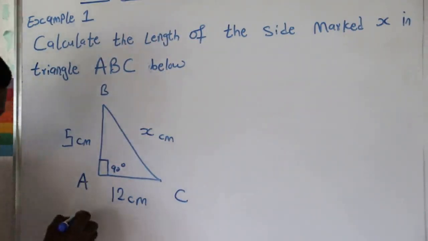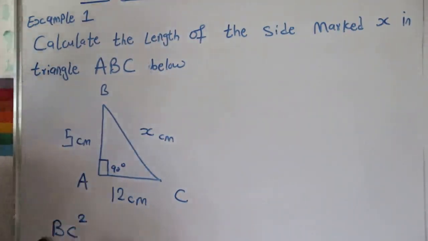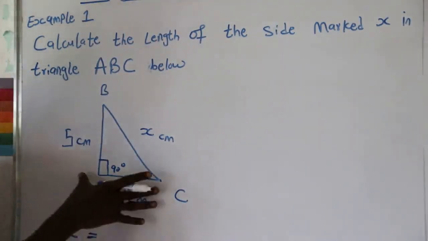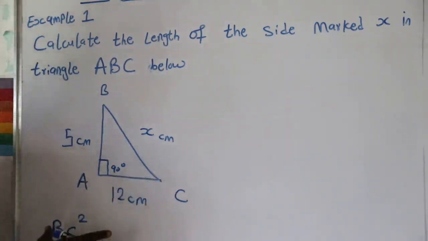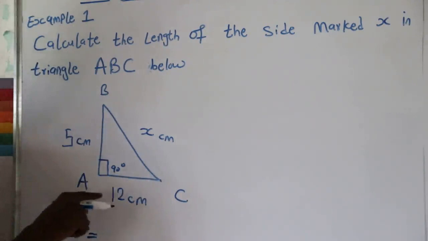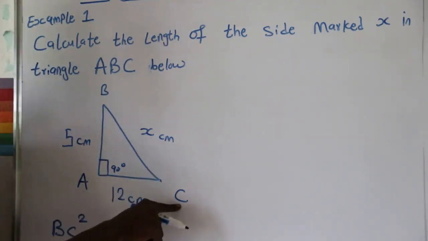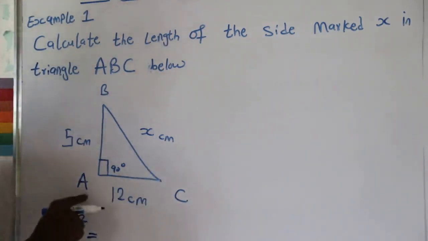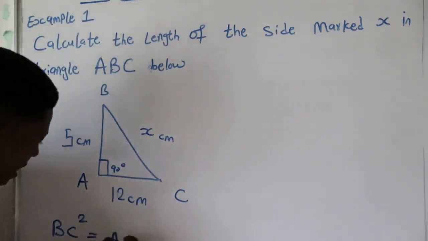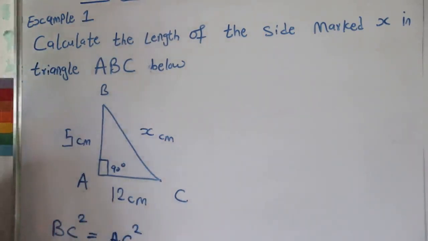BC square, remember, is equal to the line of the first side. Let's make here our first side. The line of the first side, that is the down one here, is AC. So that means we are going to write our AC as the first side. We are going to have AC square